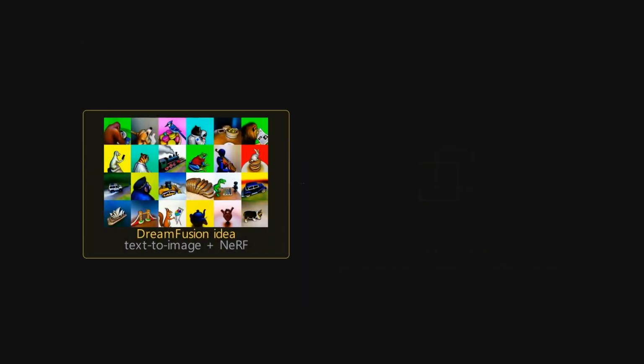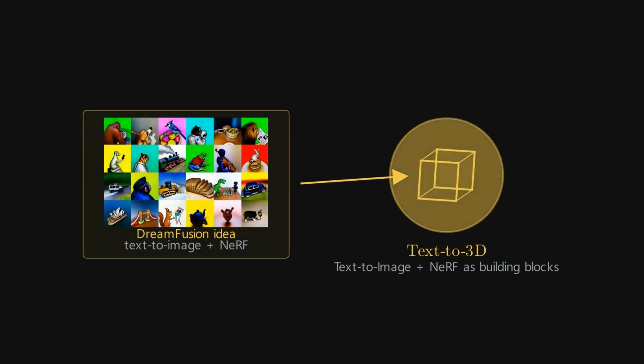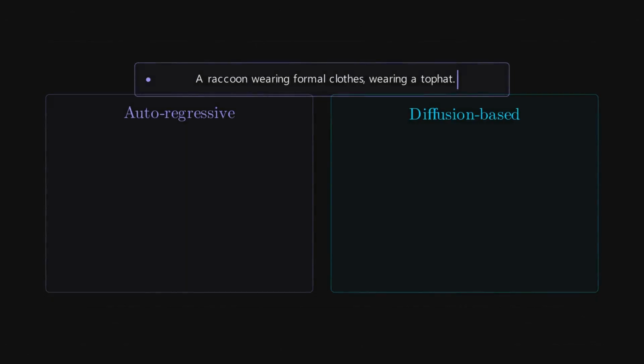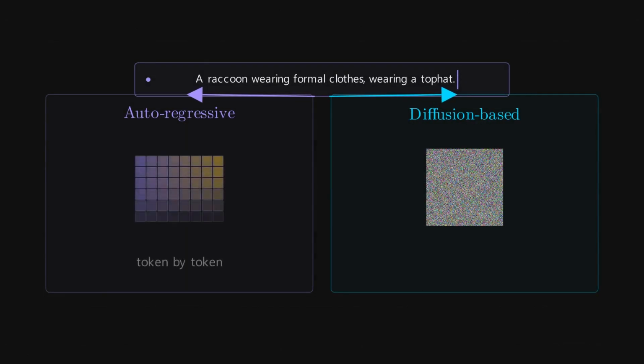And with the right 3D representation, text to image can also support text to 3D systems, where image generation and NeRF-like representations work together to build objects in space. So text-to-image is not just one application. It is a centerpiece. It sits at the center of image generation, video generation, 3D generation, editing, super resolution, and